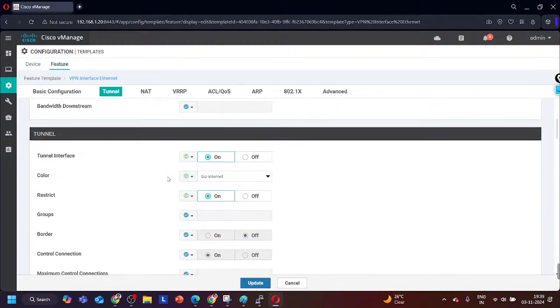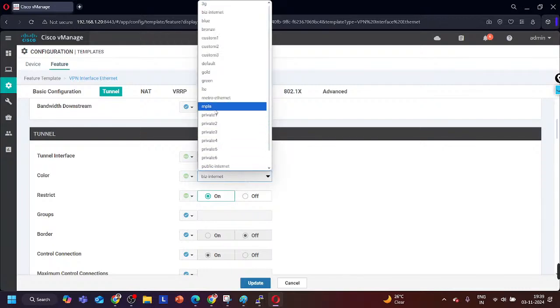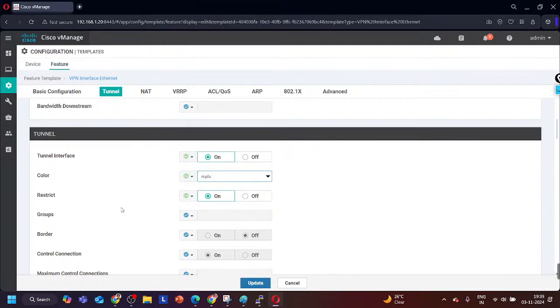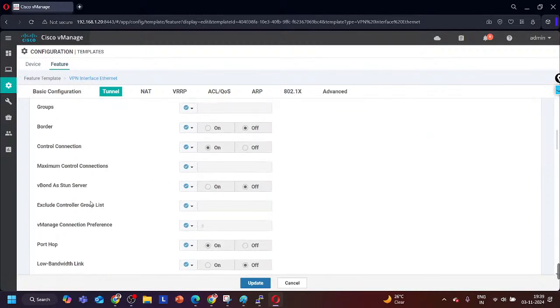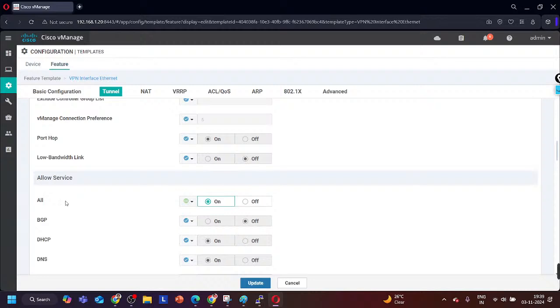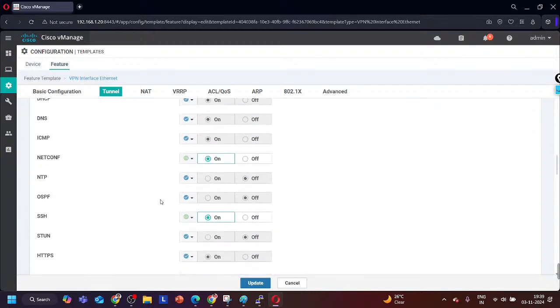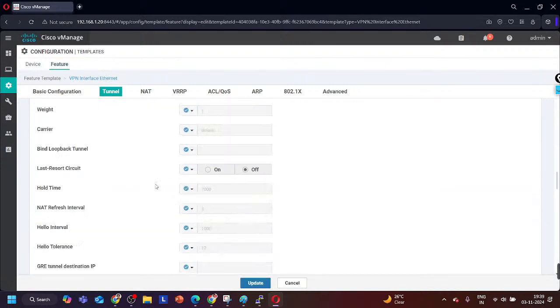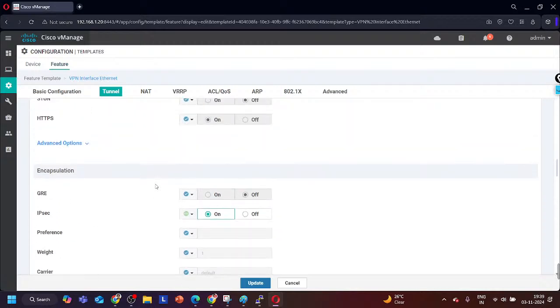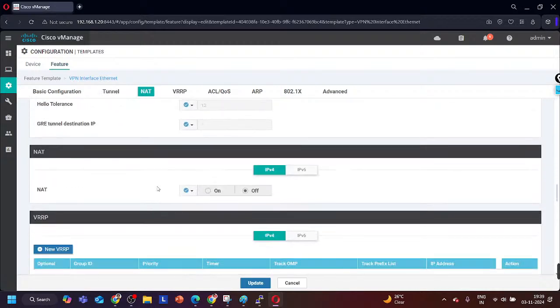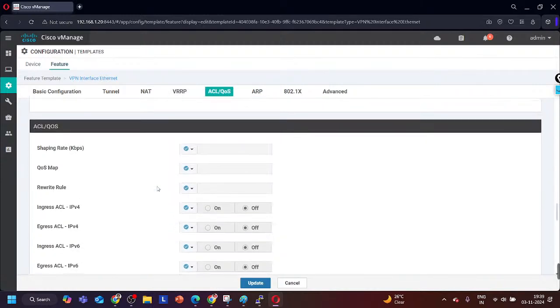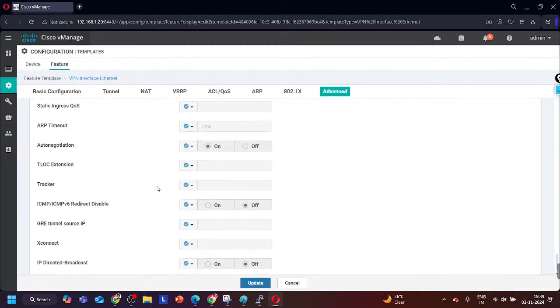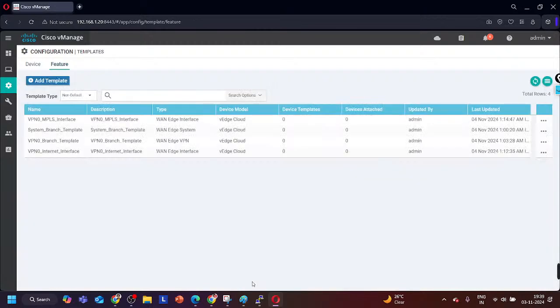Tunnel is on. Color is going to be MPLS. Restriction is on, and the rest will be the same, like encapsulation, allow service all, SSH, netconf, fine. Encapsulation is IPsec, great. The rest are okay. Let's update it, and I have to check this template, VPN 0 internet interface template, because